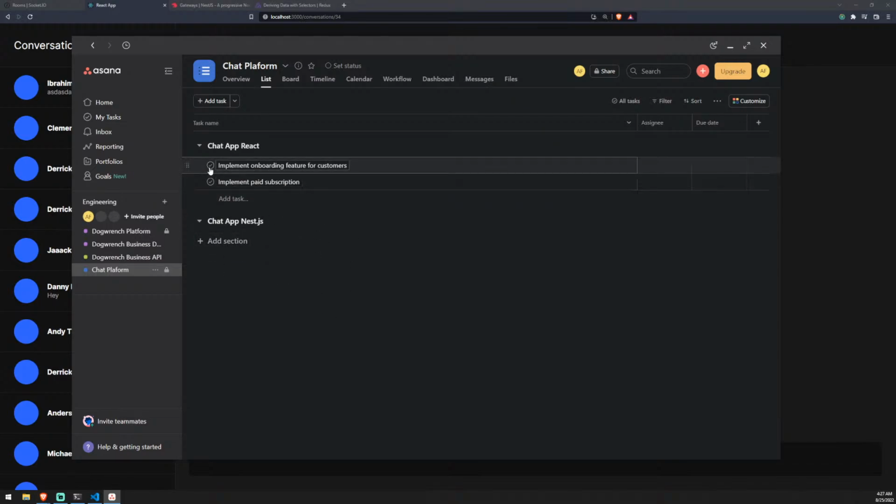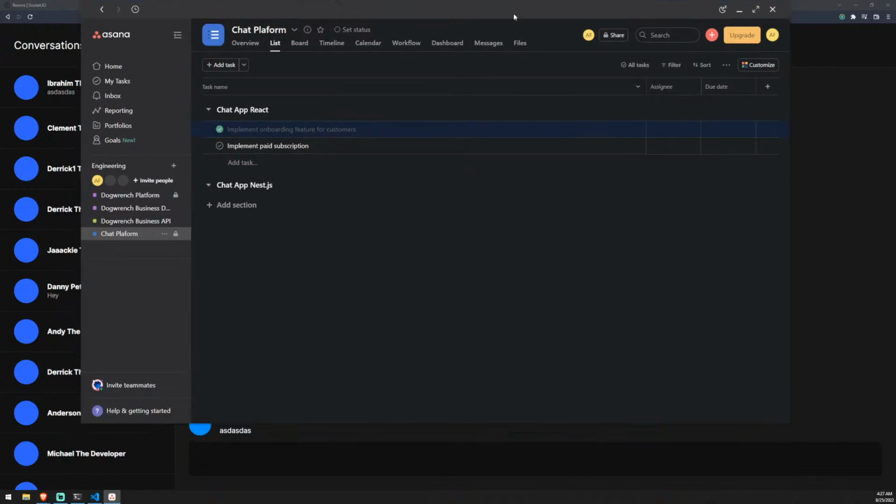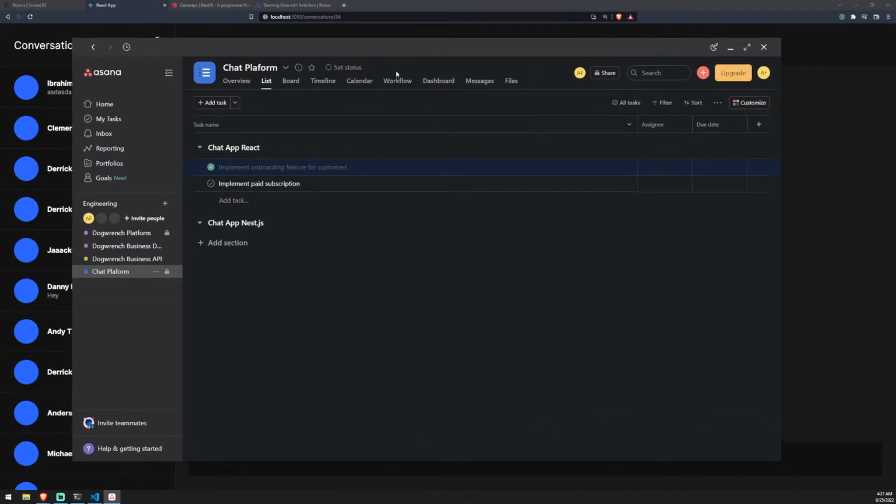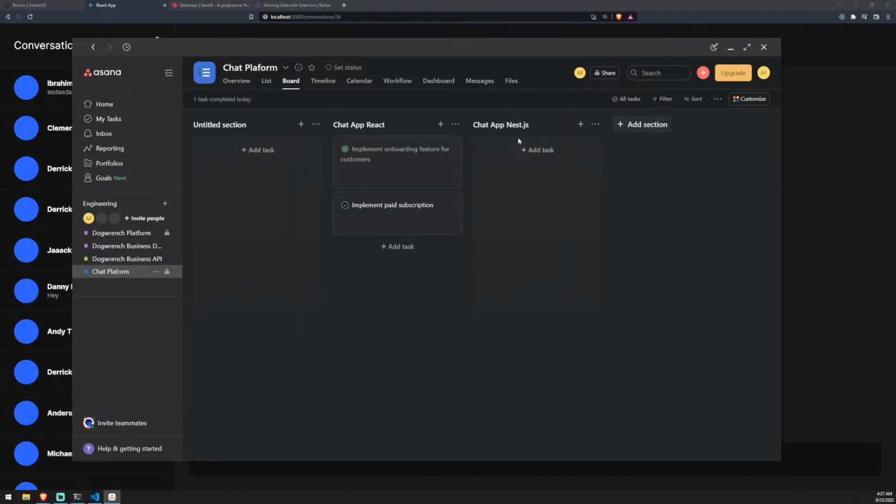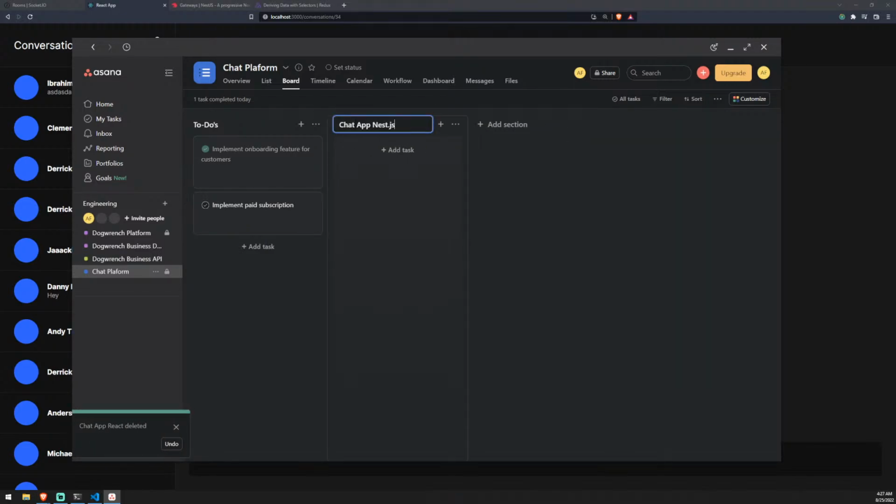And then when you're done, you can just click this and move the task to a different area. I actually like how Trello archives a task when you're done with it. It does do that in Asana, but you need to pay for it, which is really whack. But it's fine, I can just move this to the other thing. I can also use the board view. Instead of this, I can just do to-dos, and move this here and delete this. To-dos, in progress,